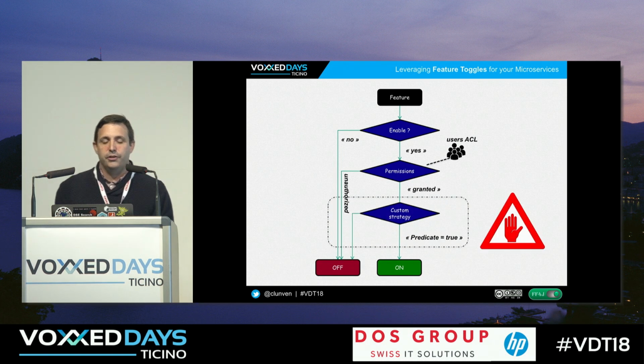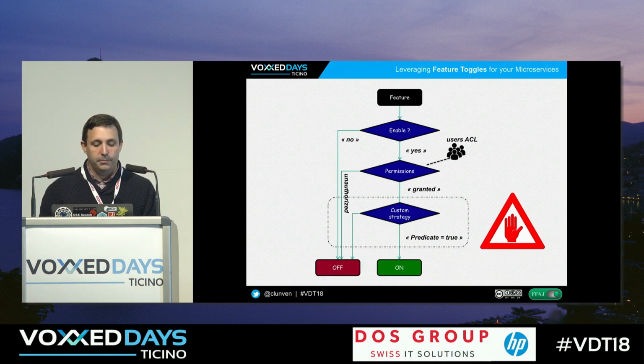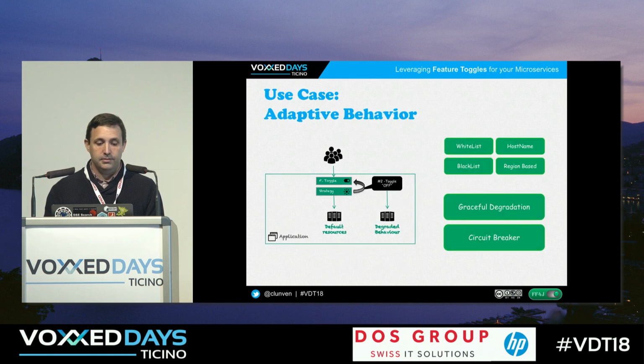in a feature toggle, you can implement your own strategy. You can define your own predicate you want to integrate in your features. Implement your own logic, depending on the profile of user, depending on the location where you are, depending on the time it is, depending on the release date. You will implement your own predicate and know if a feature should be enabled or not. And by doing that, you can have some kind of adaptive behavior.